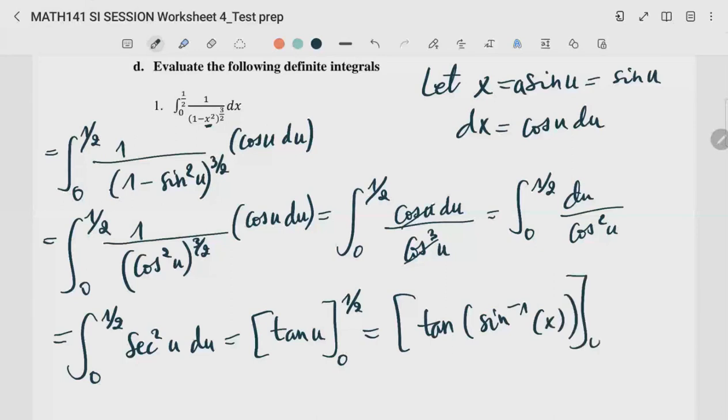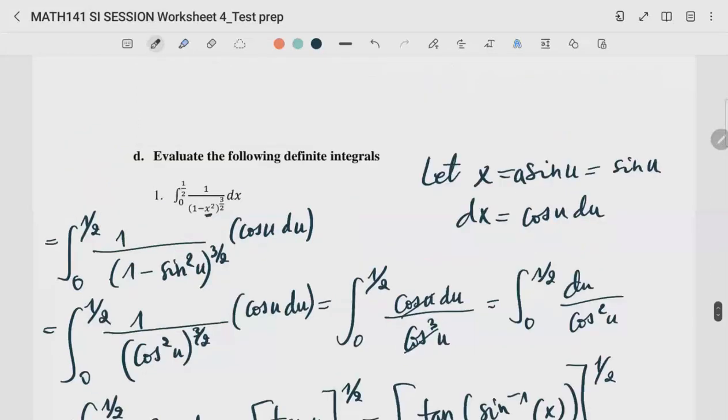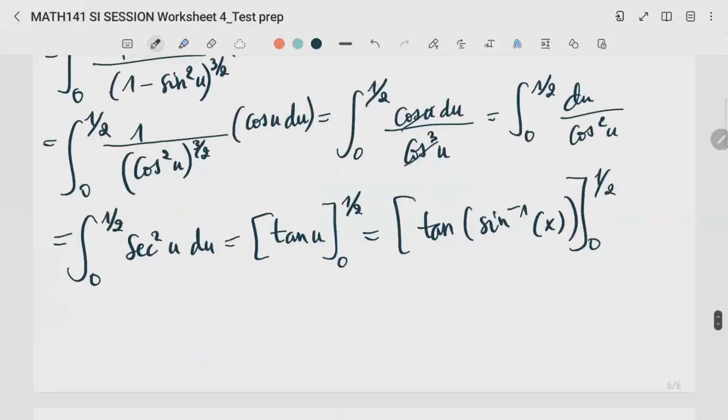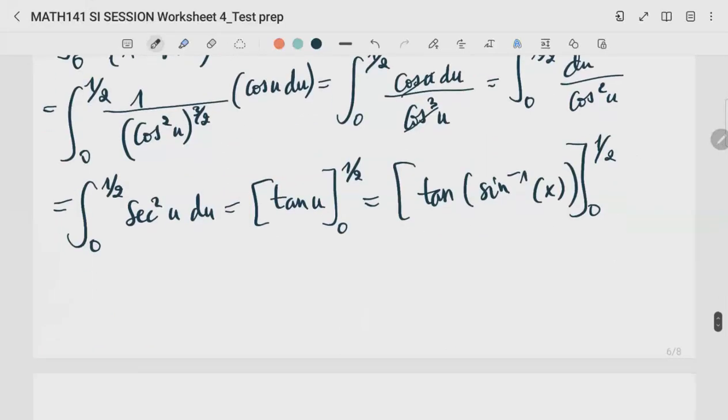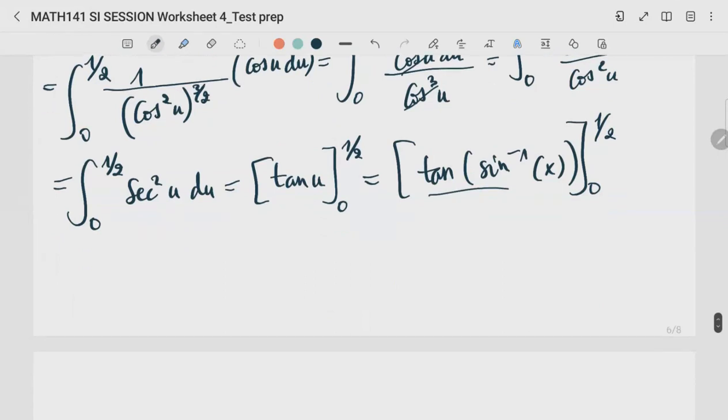And where does the sine inverse come from? We know that x is equal to sine u, meaning that u is equal to sine inverse of x, right? So since we have that, now we have to find a way to simplify this expression. And that's where we manipulate our angles. So we know that